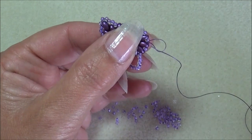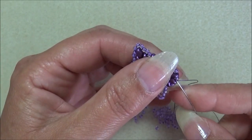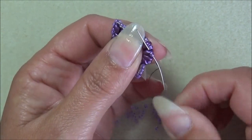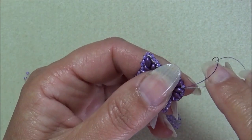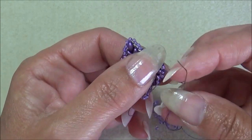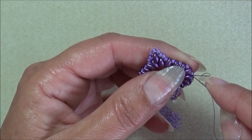How can we go through with the knot when we haven't made one? Through the loop, pulling down a knot, chain, and into the sea bead and the next Superduo. Last one then, I think 3 is enough. Under the thread, pulling the loop, needle through the loop and pulling down the knot. Pass through a couple of beads,